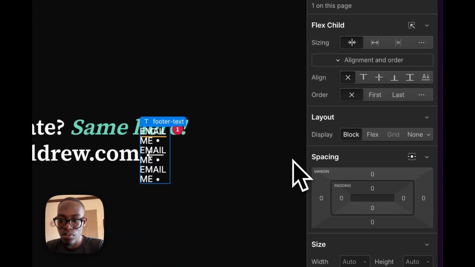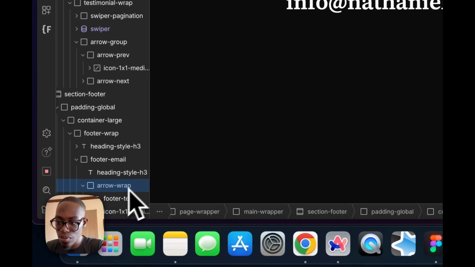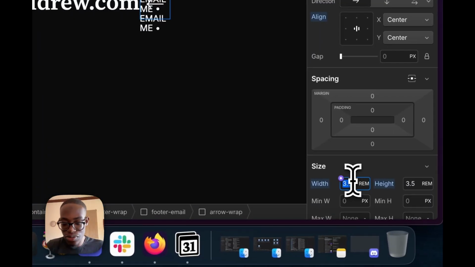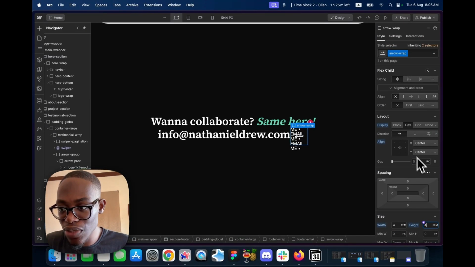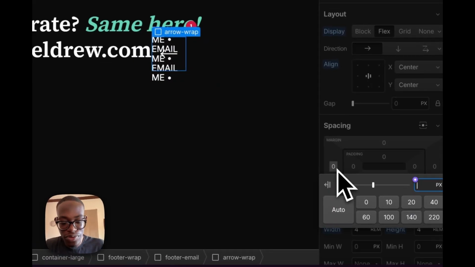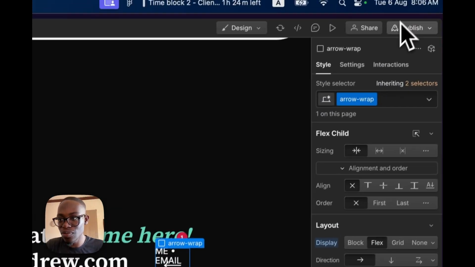Before we even do that, let's go to the arrow wrap. You know the other one, which was actually 4 that I used in the other. So 4, that's 1. I'm also going to give it a left margin of 3 rem, just to put it to that side so it doesn't come close. Now if you publish again now,